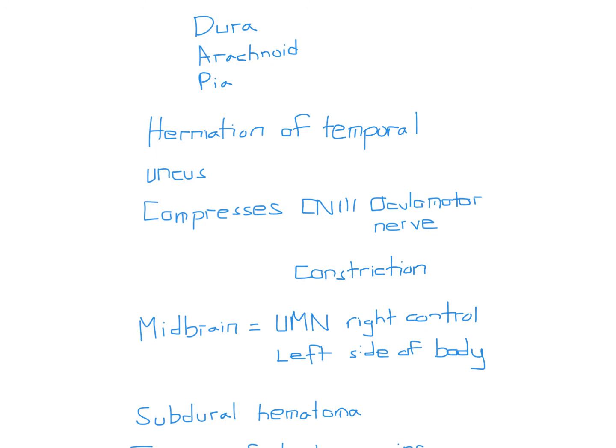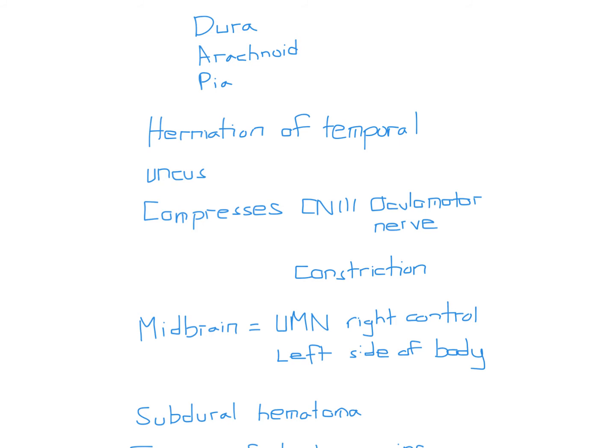And so the other part is the weakness on the left side. So the herniation is also going to compress the midbrain, and that's going to impair the upper motor neurons. And for this case, it's going to be the upper motor neurons on the right side of the midbrain. Remember, in the brain, everything's a little bit contralateral. So on the right side, if the right midbrain gets crushed, then it's going to impact the left side of